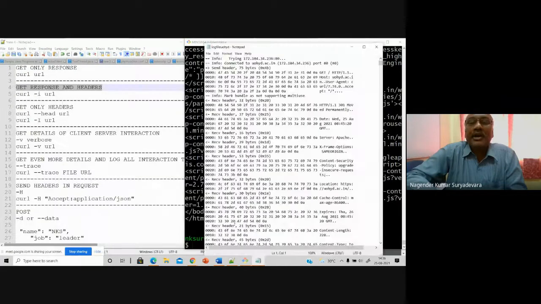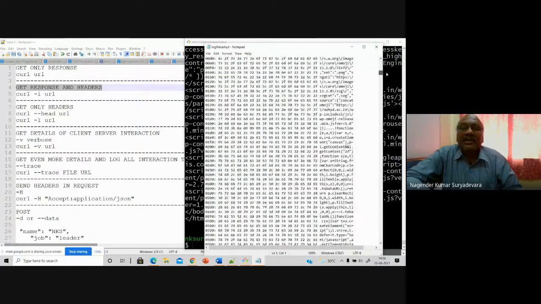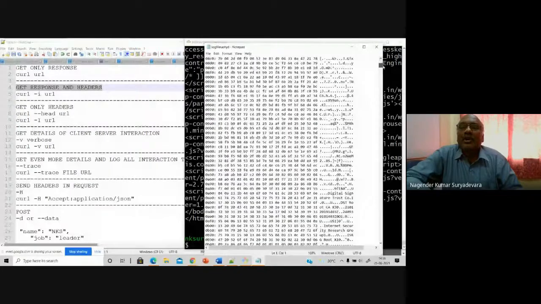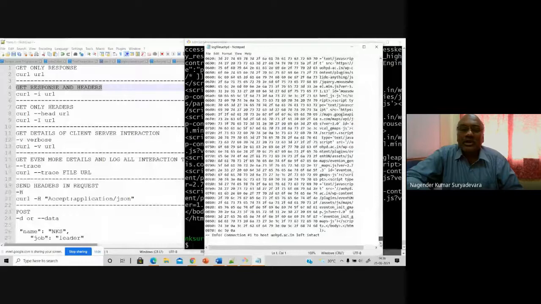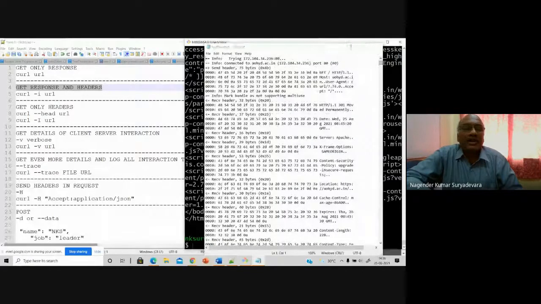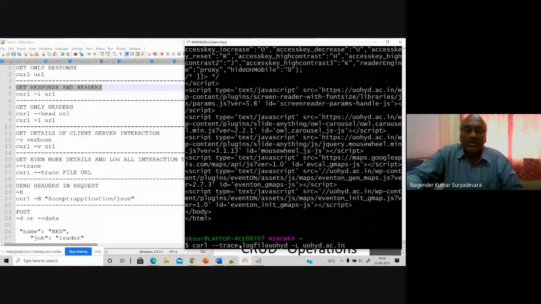You can open this file using Notepad or any text editor. You may not understand this particular file, because all these are hexadecimal values, which you may not be able to understand. If you are not clear, then you can also issue the trace command to get only the characters that we can understand, or the system can understand, which are user readable. Can anybody tell me?